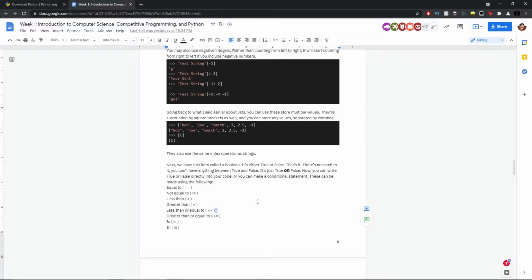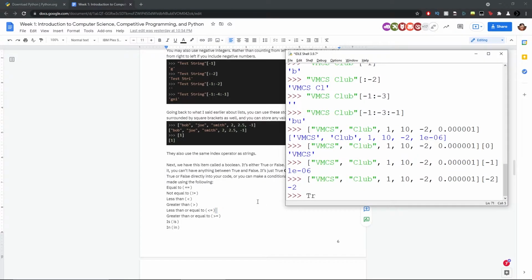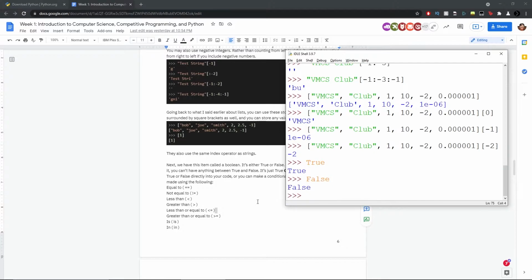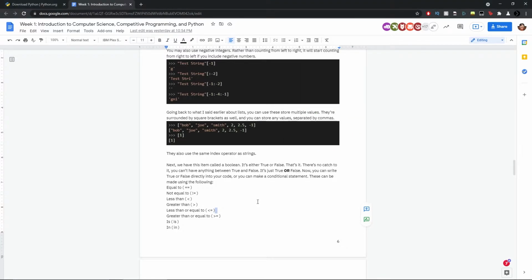And then next thing we have this thing called a Boolean. What a Boolean is, it's pretty much either true or false. That's it. There's no catch to it. You can't have anything between true or false. It's literally just true or false. And that's what a Boolean is. So like true and then false. That's about it. You can write true or false directly into your code, or you can do something called a